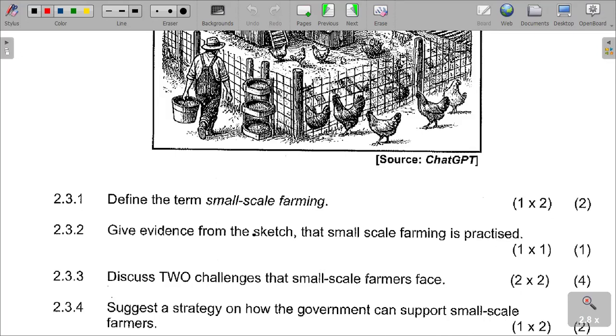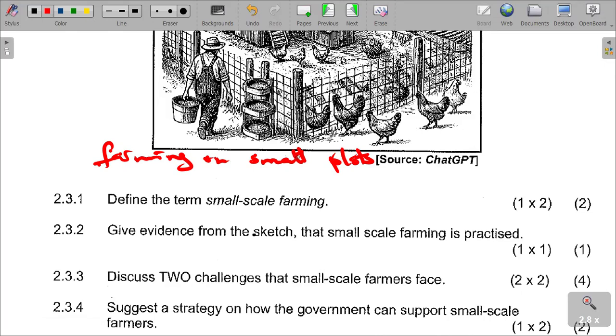Small scale farming is farming on small plots,